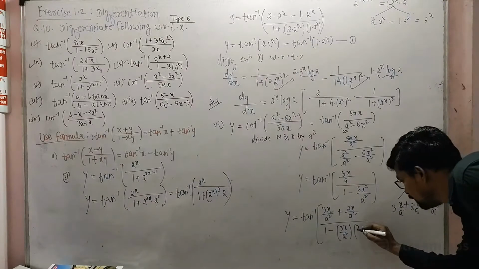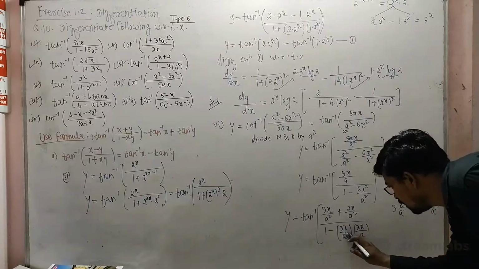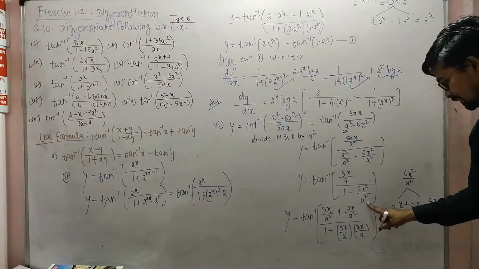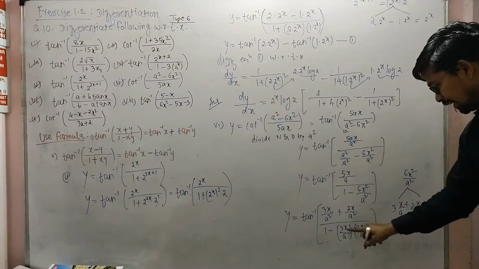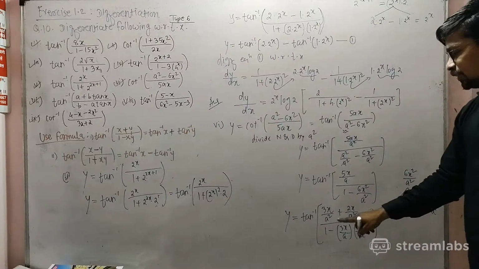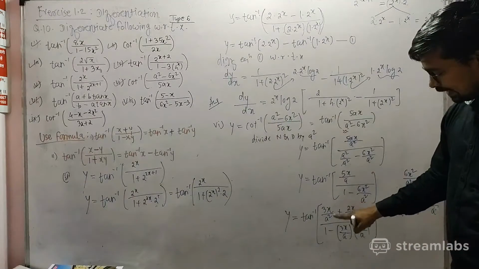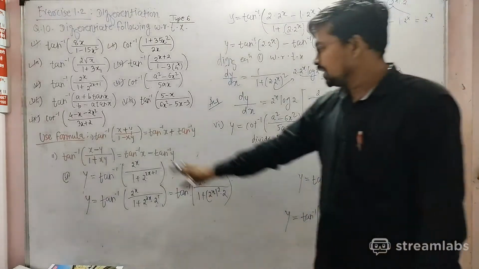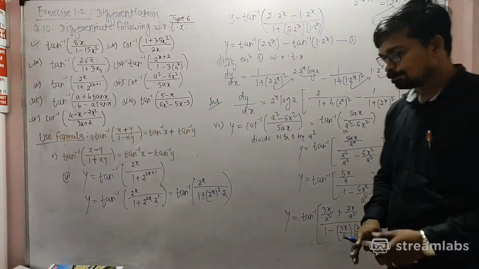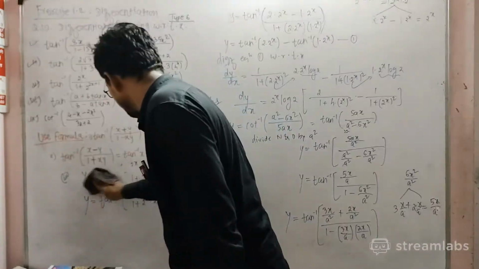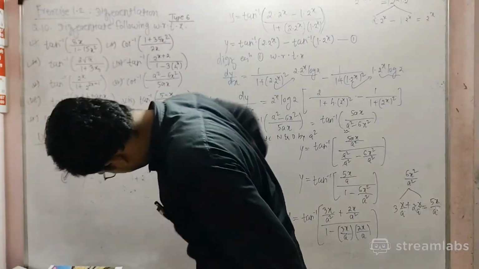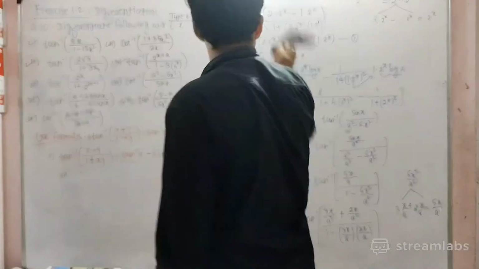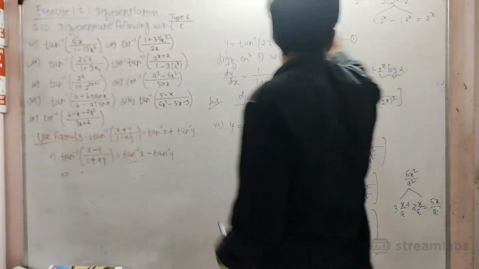and 2x upon a. Okay, 2x upon a. So a into a is a square, 3 into 2 is 6, and x into x is x square. So our x is 3x upon a square and our y is 2x upon a square. So we can use this formula directly, and by using that formula, the final few steps are